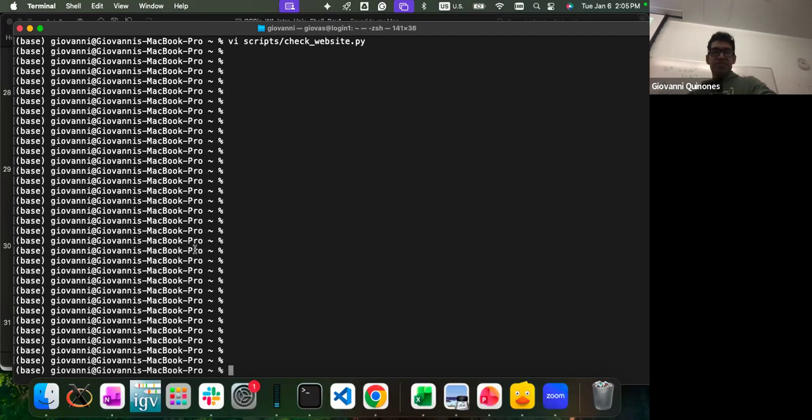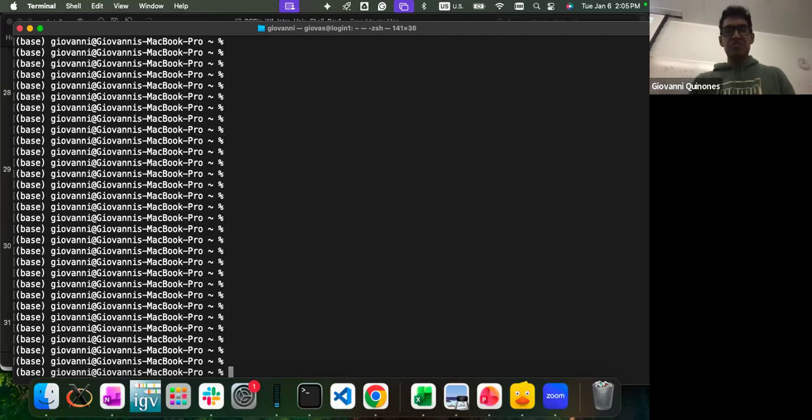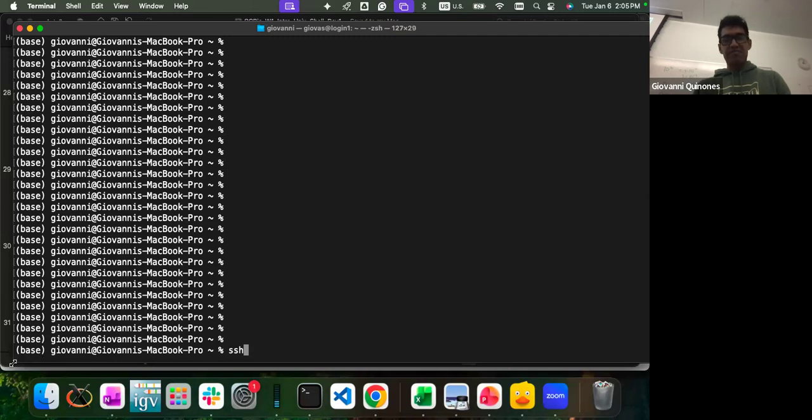Okay, so the first thing we're gonna do is log in to Hoffman. To log in, we use the SSH command. SSH followed by your username at hoffman2.idre.ucla.edu.